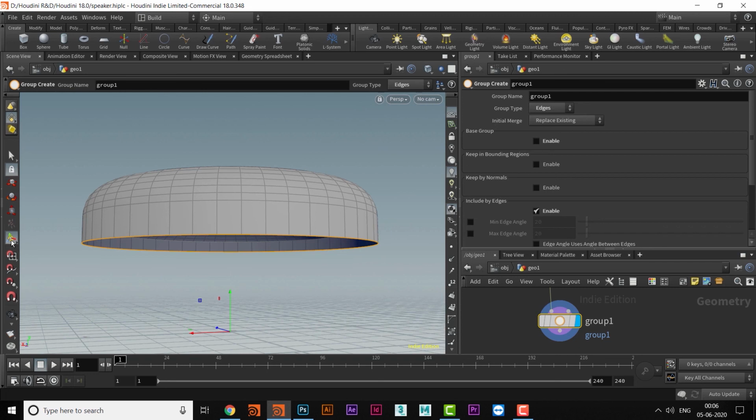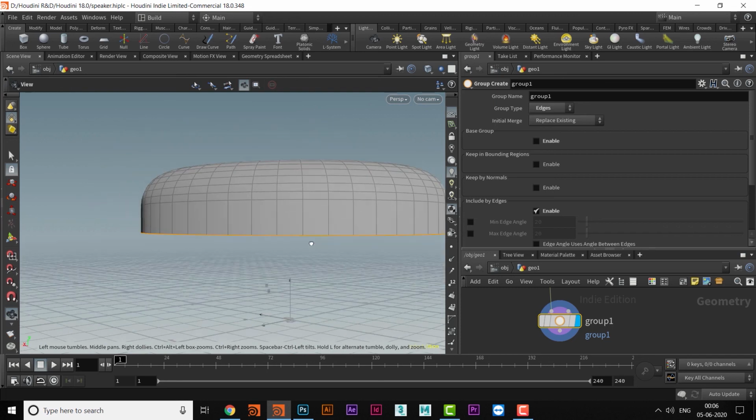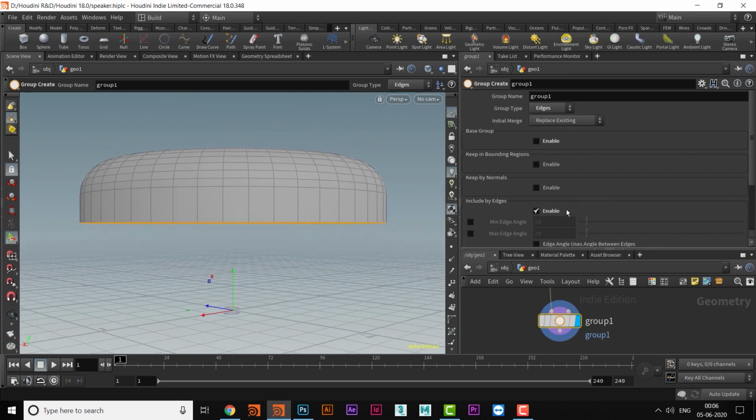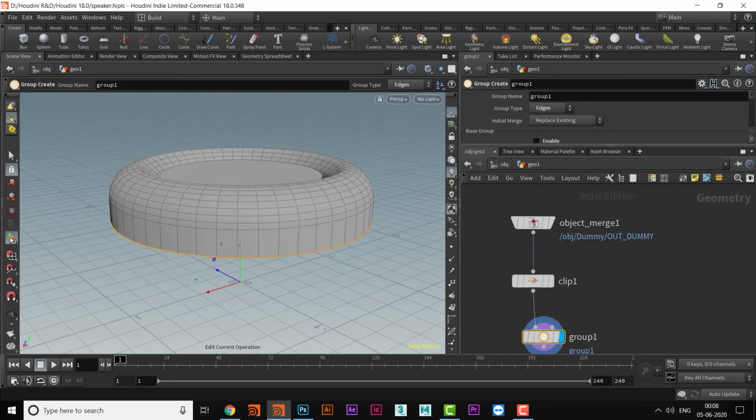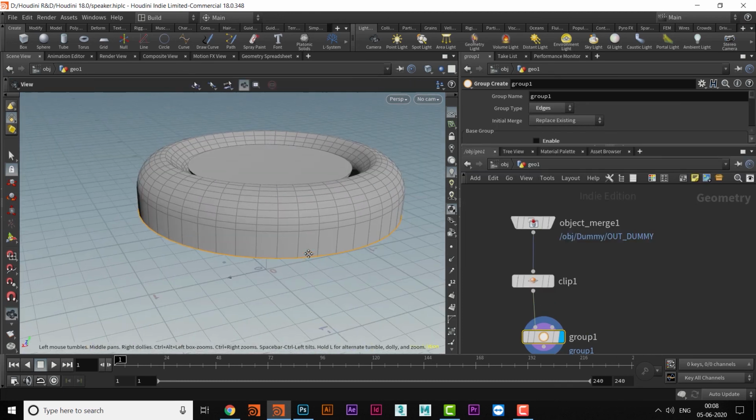When you click on show handle, that will be visible. Not only the edges you can take. The reason they are unshared is because they don't have any other primitive after that. They are at the boundary, that is why they are not shared by any other primitive or the points. So we can take edges, we can take primitive, this one, and we can take points also, this one. And then we can do a lot of things, and we can use that in so many things.